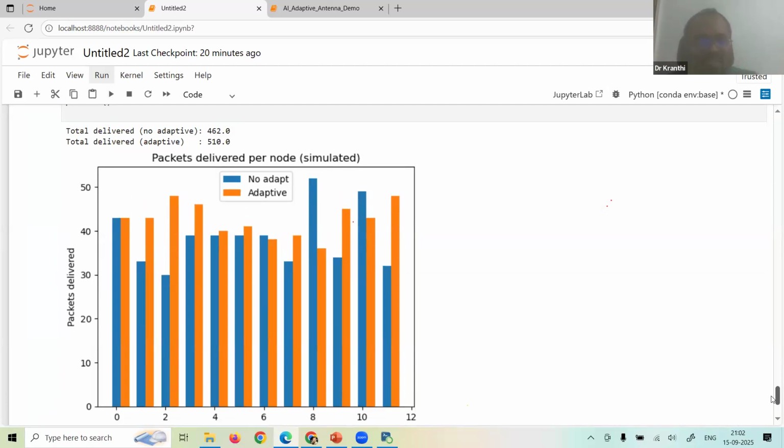Some nodes, especially at the edges, are further away from the base station. If you look at that one, it gives a dramatic improvement in this bar graph. It shows that the per-node packets delivered with adaptive beamforming are consistently higher than non-adaptive. So the point is, here I'm combining